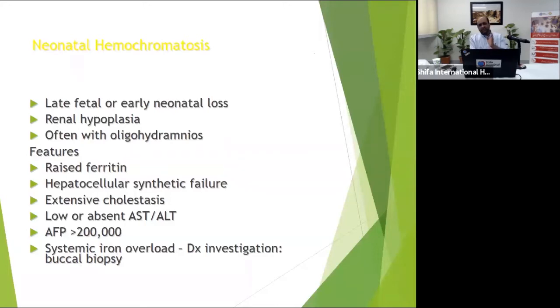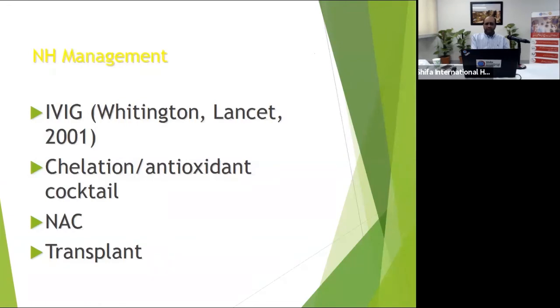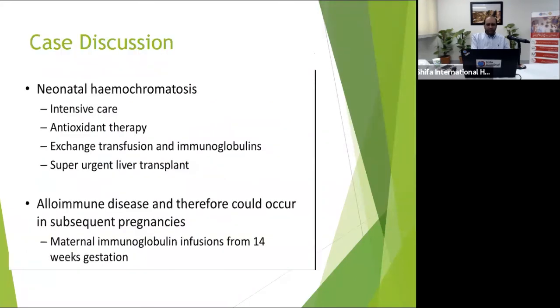If the newborn babies are already sick, having transfusion, sometimes blood transfusions also lead to iron load, and that can make the diagnosis difficult. These children require IVIG, chelation, antioxidant cocktail, N-acetylcysteine, and ultimately these children need transplant as well. So this neonatal hemochromatosis is difficult to diagnose. However, we keep this in our mind as a differential in sick newborn babies, and the importance in diagnosing this